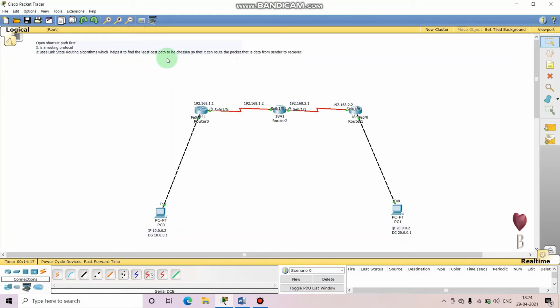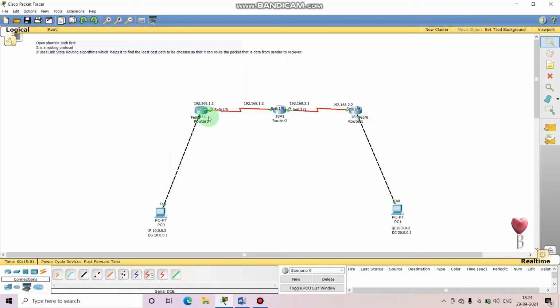I've already told you the least cost path is chosen. It also matters when you are connected to multiple routers. For example, you have one router here also. Say OSPF chose this path, so from PC0 it is going from here to here, then here to here. But I have disconnected it from here. Then it will wait for 40 seconds, then it will start finding another path, and it will get the path through whatever router I have kept here. It will go to here, and then to here. It also does this. You will come to know these entire concepts in your further semesters.